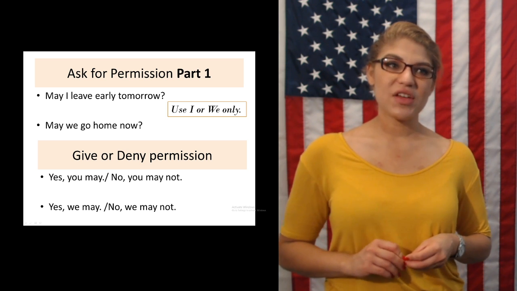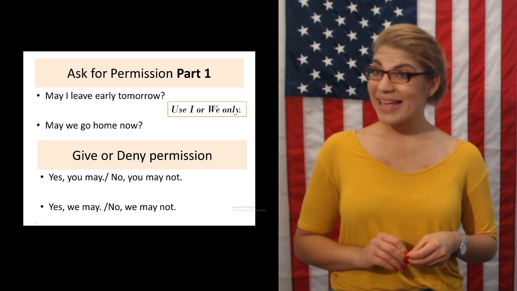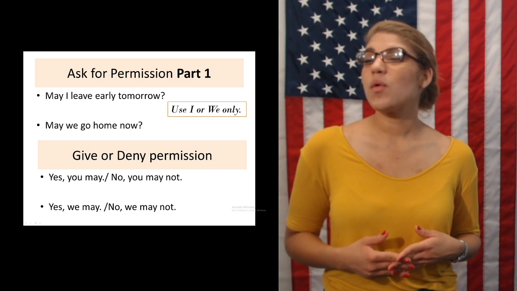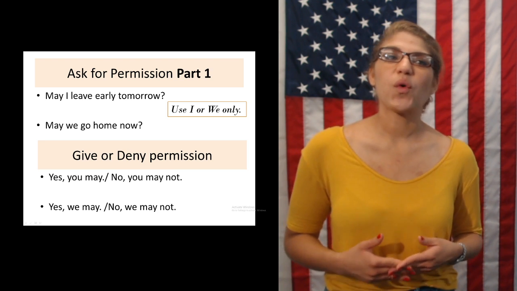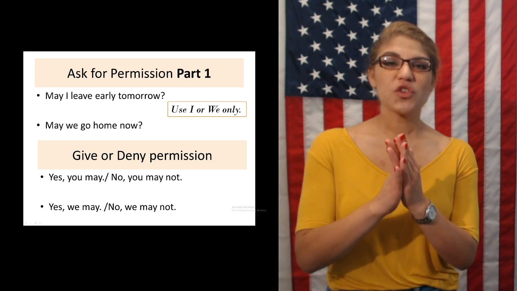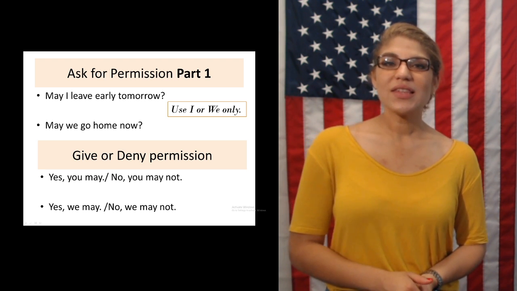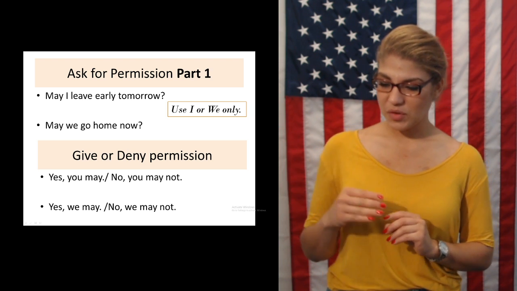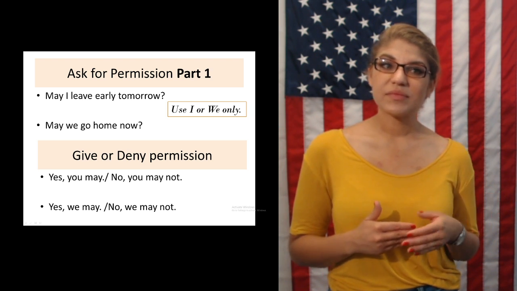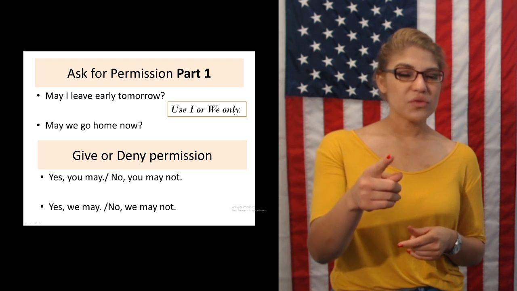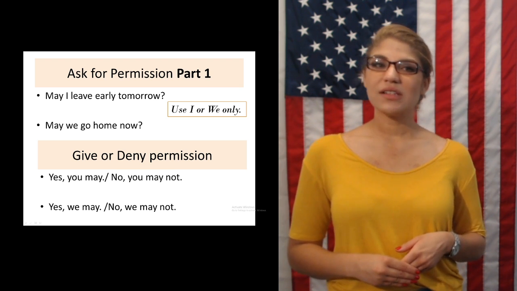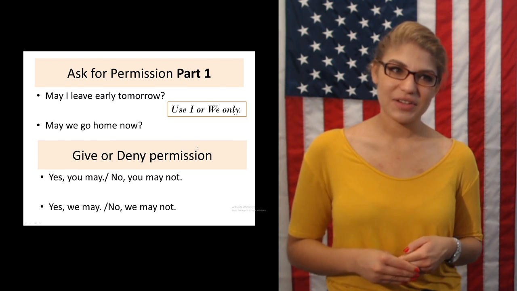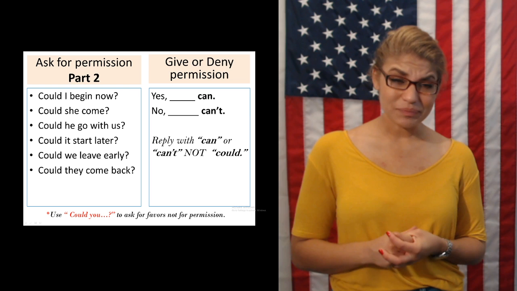When we have the word may, or any auxiliary or modal verb, the modal verb will not change for the subject. So for example, with the subject of he, the singular third person, or she, or you, the auxiliary will not change. Let's look at our next slide for more examples.